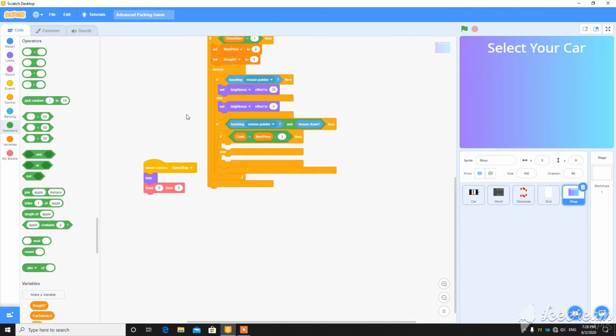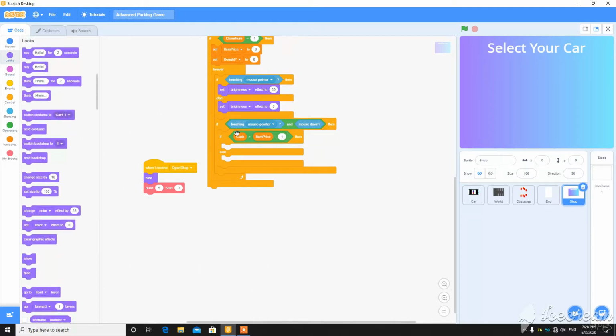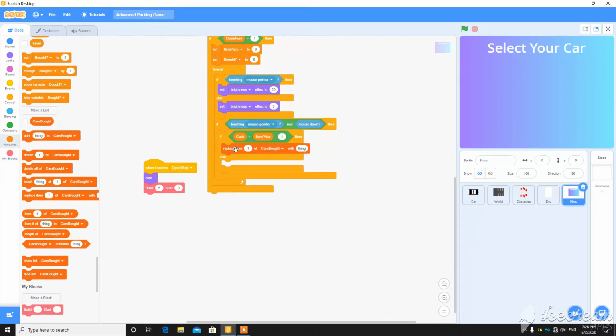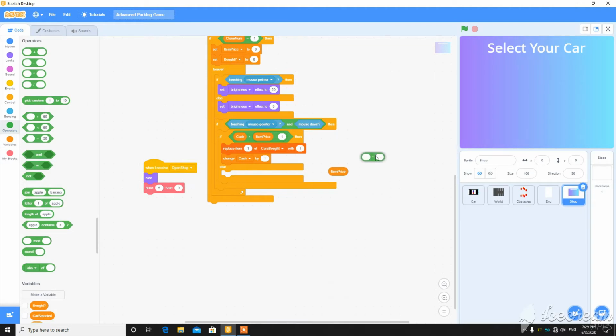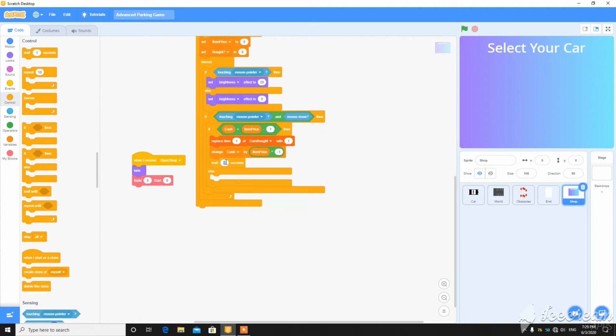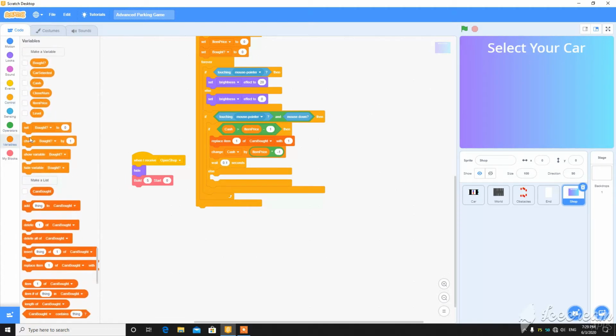We have made this shorter, and then if it is true, then replace item car number of cars bought with 1, so the car will be bought, and then change cash by item price times -1, and then wait for 0.1 seconds, and then set bot to 1.